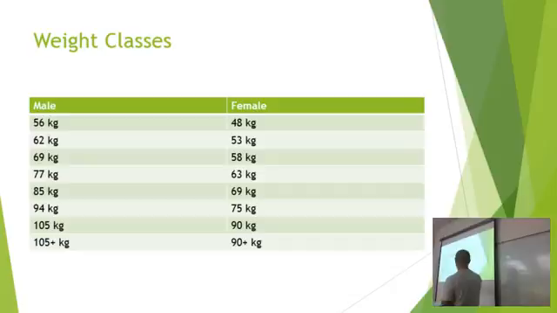The top 105 in the world right now, and 105 plus, is well over 6'2". There's a lot of movement of that bar, and there's a lot of work being done to actually complete the list. But the male weight classes start at 56 and work their way up to 105 plus. I was going to put the pounds in there, but I didn't. 77 is about 170. 94 is right around the 210 range.